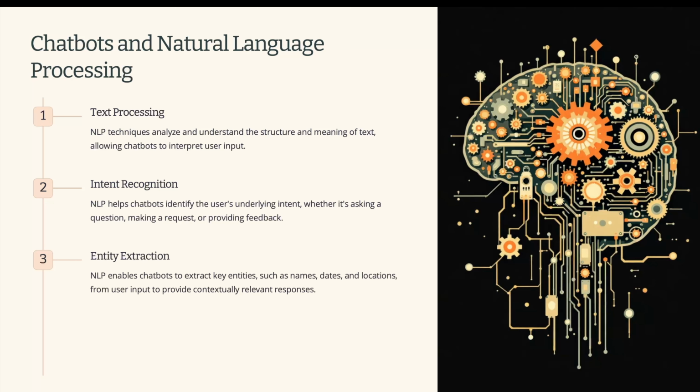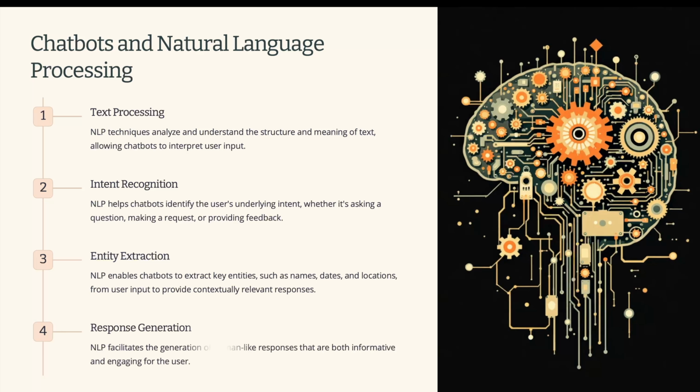Next one is entity extraction. Entity extraction is another critical aspect of NLP. Here, the chatbot identifies specific pieces of information known as entities within the user input. This could include names, dates, locations, or product names. Extracting these entities helps the chatbot understand the context of the conversation so it can provide more relevant and personalized